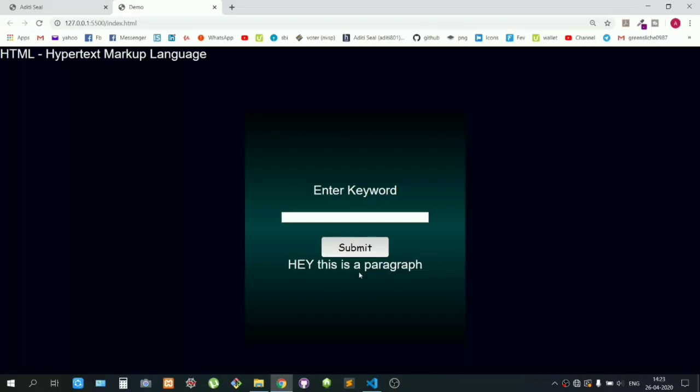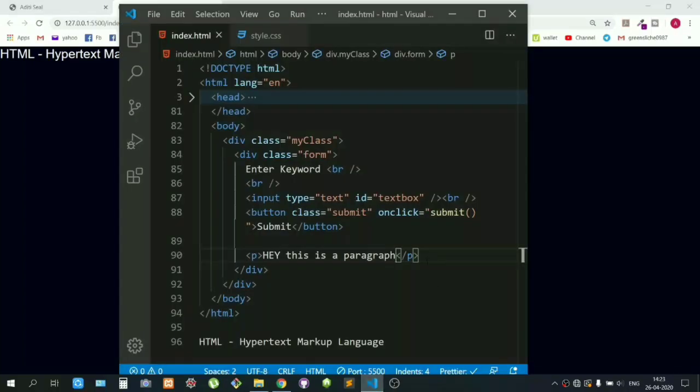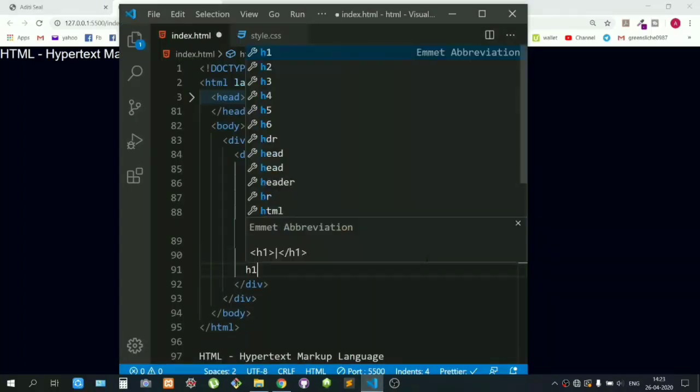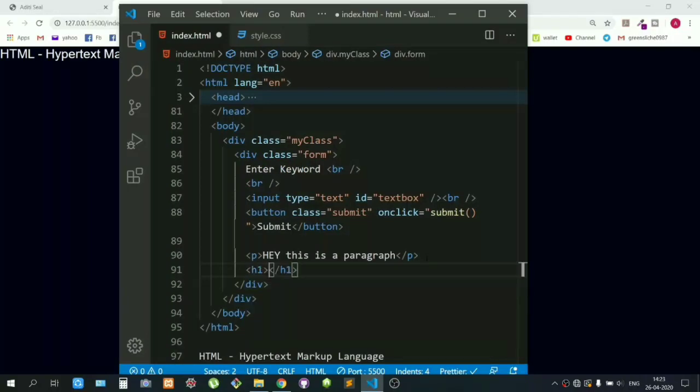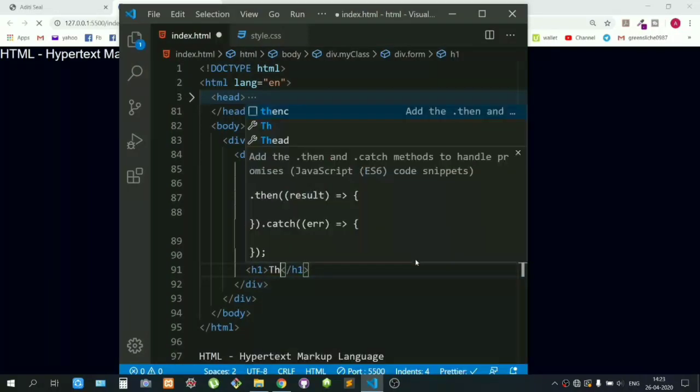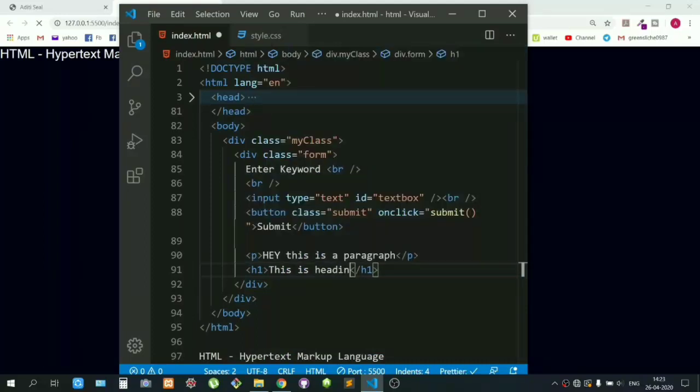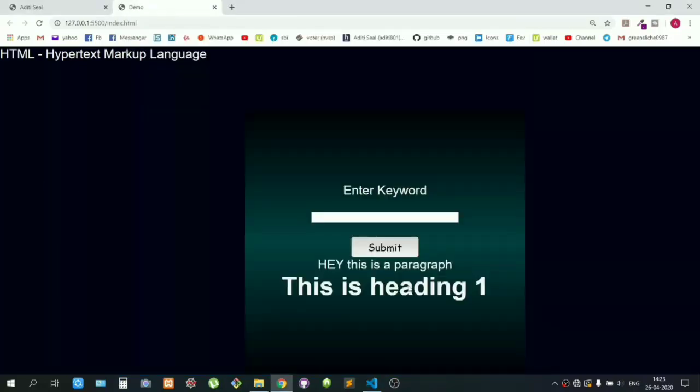You cannot click over here. Now if I write H1, this is a heading tag, and write this is heading 1 and hit save, you will again see over here this is heading 1.